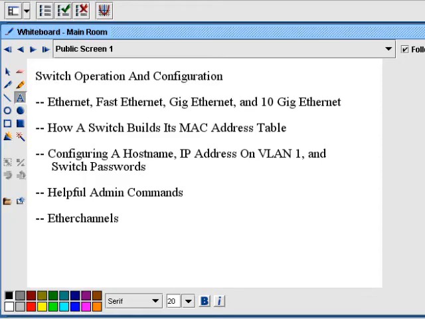And this is video 3, switch operation and configuration. And there's a lot of different categories of information that are contained in this particular lecture. As you can see right off the bat, we're going to spend a few minutes talking about Ethernet. In just a few minutes, it's going to be a general review of some speeds and some things to watch